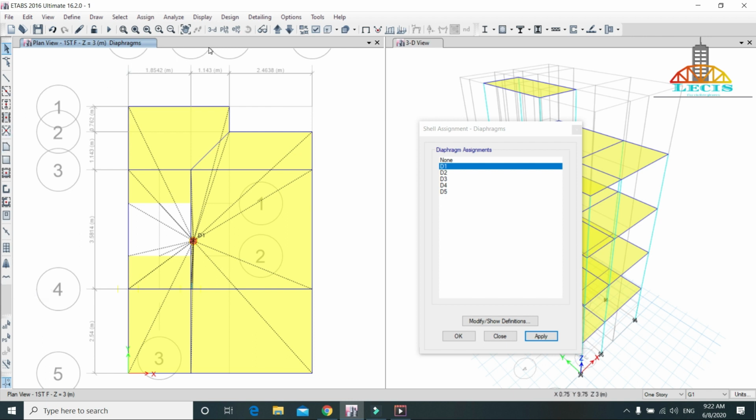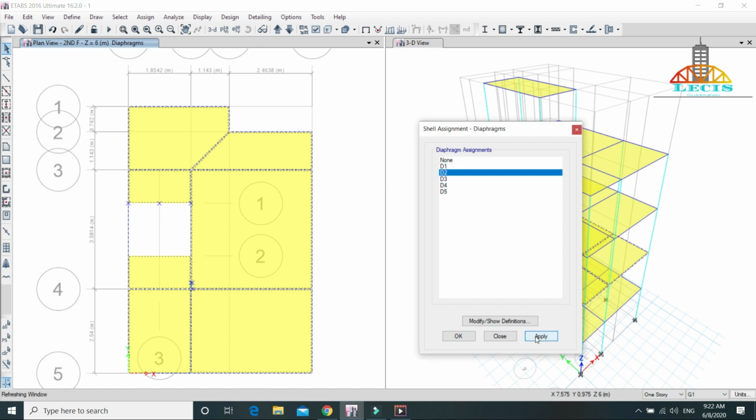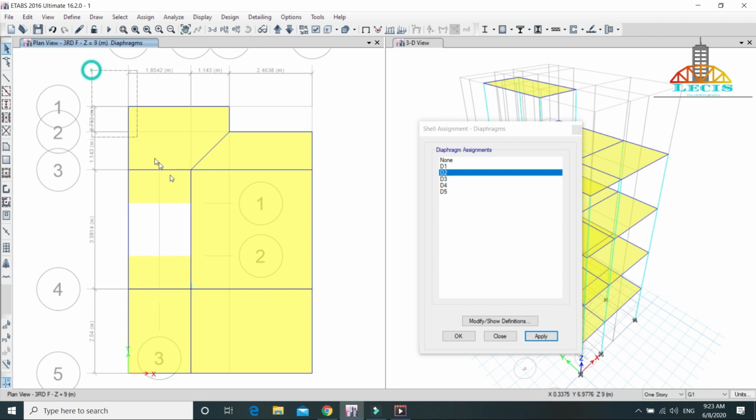Move to the second floor. Again select this whole floor and assign this second floor as a D2 diaphragm. Apply. You can see that all these diaphragms are converted into this point, which might be the center of stiffness to the floor. Go to third floor, select this floor,